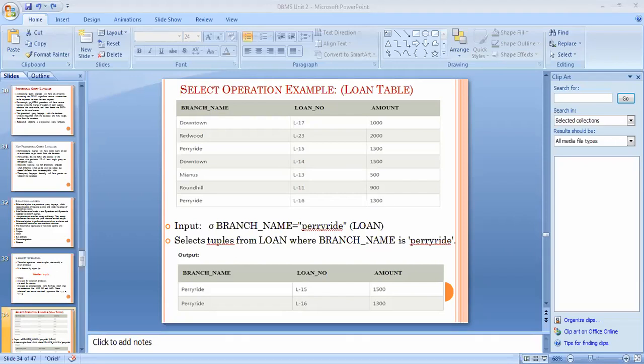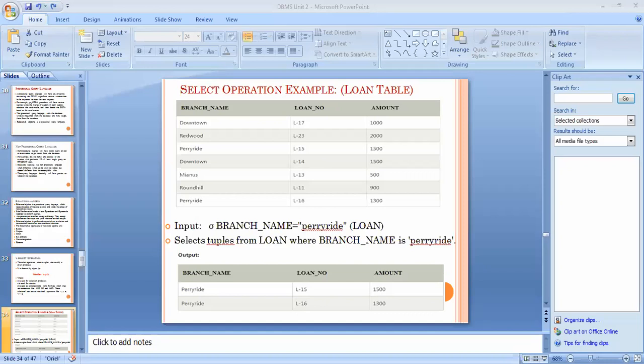If I say select the loan number, select the tuple of loan number from the loan table where loan number is equal to 17, can you write the query for this? Suppose loan number is L13.